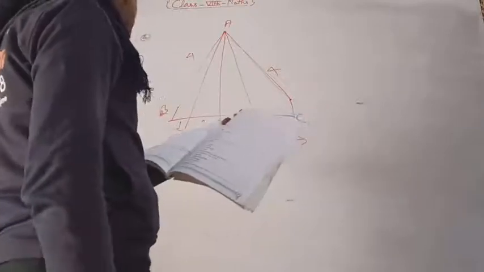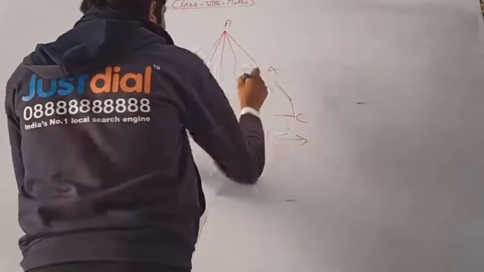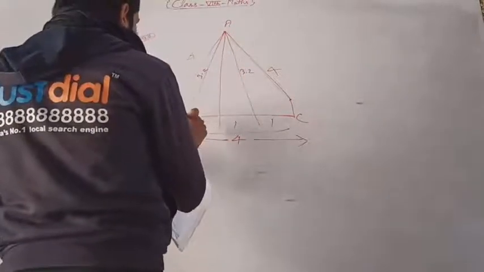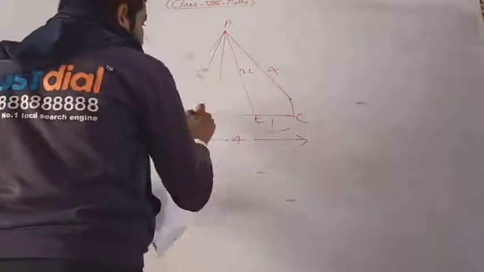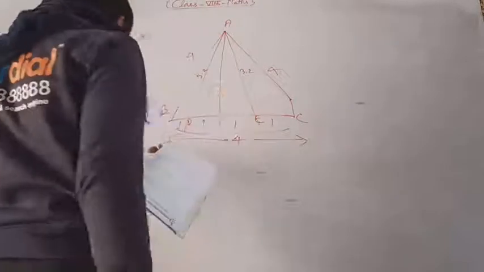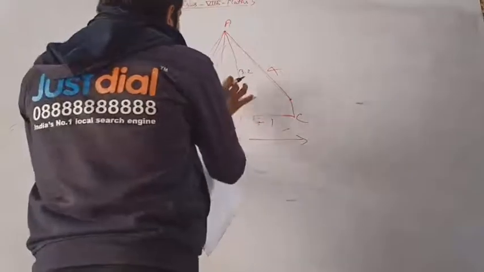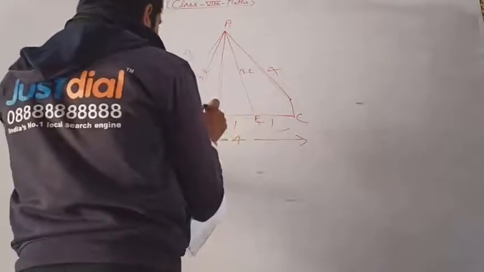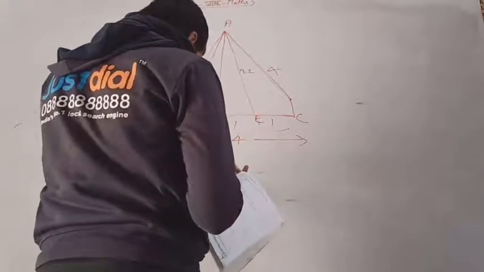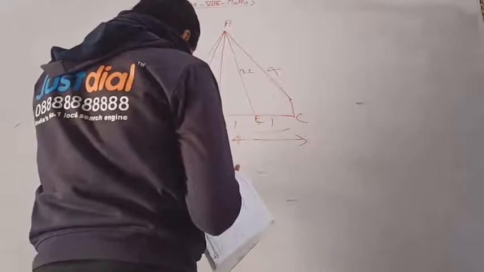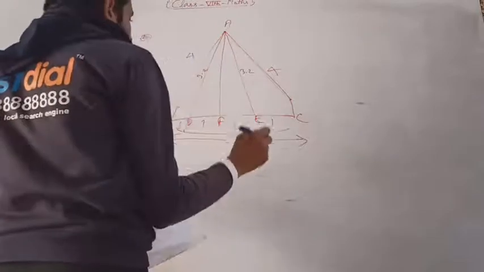Okay, again given an isosceles triangle. In the isosceles triangle, this is given as 3.2 and this is also given as 3.2, and this point became D, this point became E. Okay, so ADE is said to be an isosceles triangle. Again, the scalene triangle. In this figure, in the scalene triangle none of the sides are equal. So the scalene triangle is AFB. Okay, here given F. So AFB is a scalene triangle.